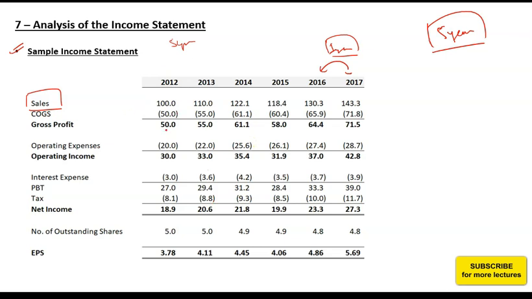So when you are analyzing sales, the first key thing you need to do is compute the 5 year annual growth rate, to find out how the company has progressed or performed over the past 5 years, or over a full business cycle, you can say. So the first thing you do is calculate the 5 year CAGR. What is CAGR? This is compound annual growth rate.